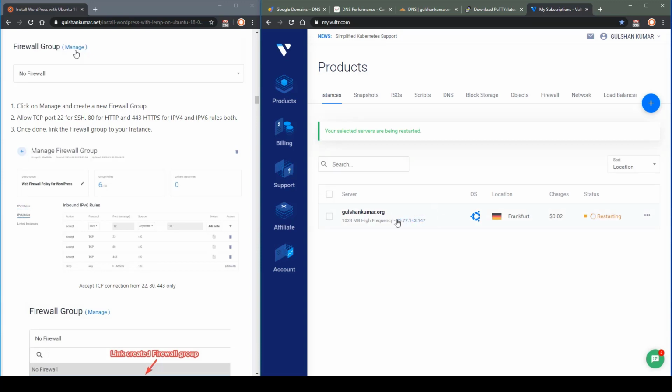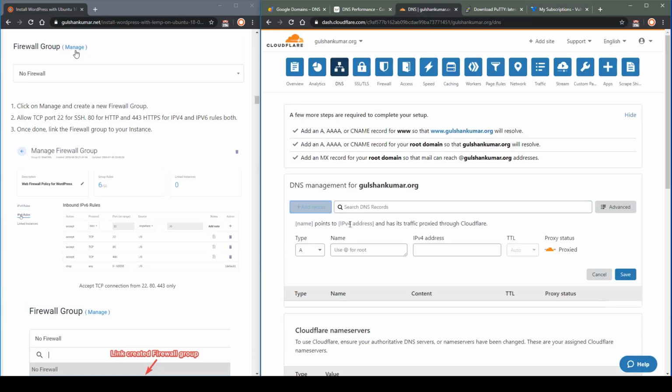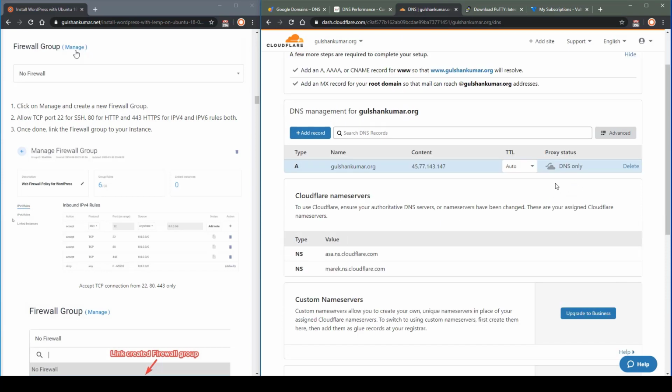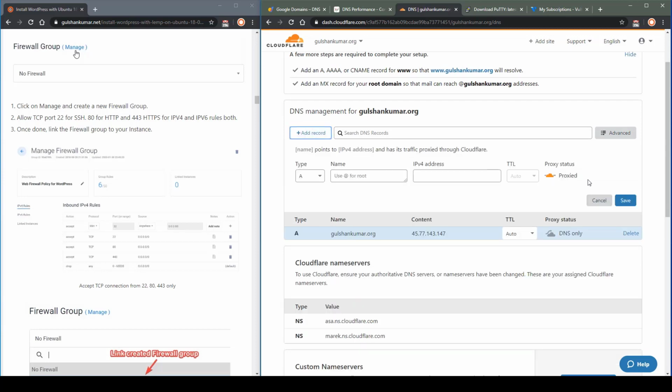And this is the IP address I have got. I need to update it at my DNS manager. I will use an A record. Disable the proxy selection here because I don't want to use the Cloudflare proxy, I just want to use it for DNS purposes. For adding the www record, you can either point directly this way or you can use a CNAME record as well. You just need to enter your domain name here.